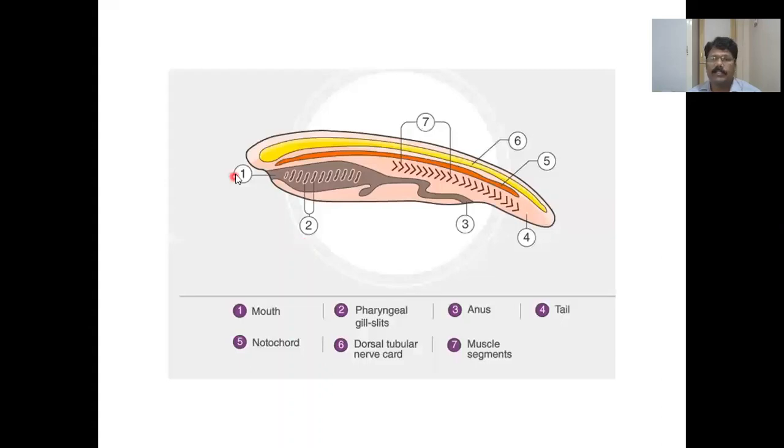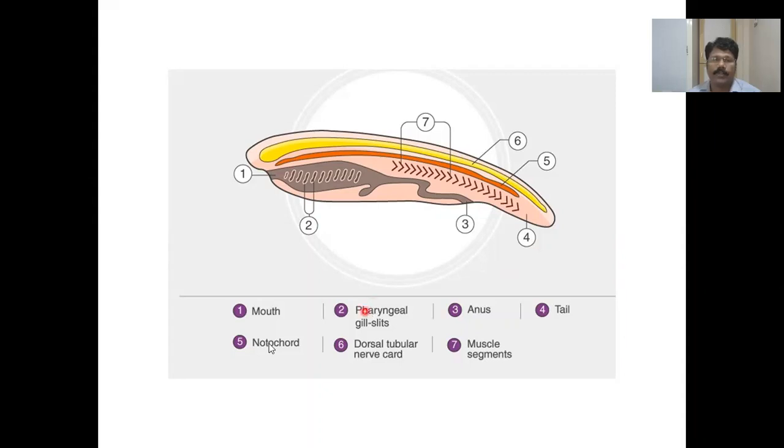And this is the fundamental structure of a typical chordate. See, this yellow layer is the dorsal tubular nerve cord. That means we will see right from the beginning, the first one is the mouth, and second is the pharyngeal gill slits, and third one is the anus, and fourth one is the tail. You see, the skeletal elements also extend,